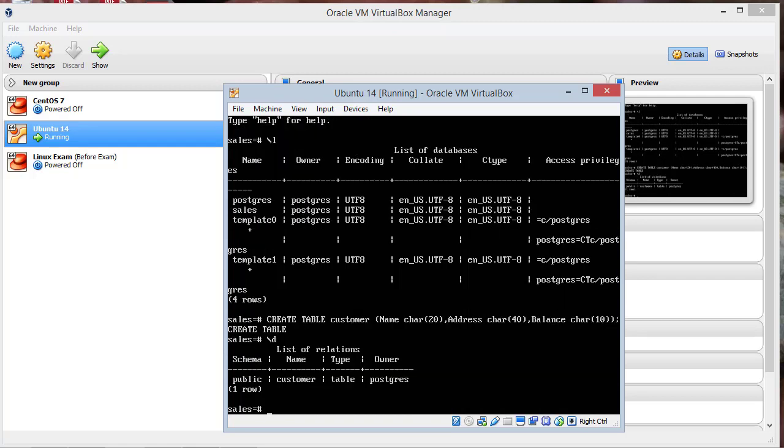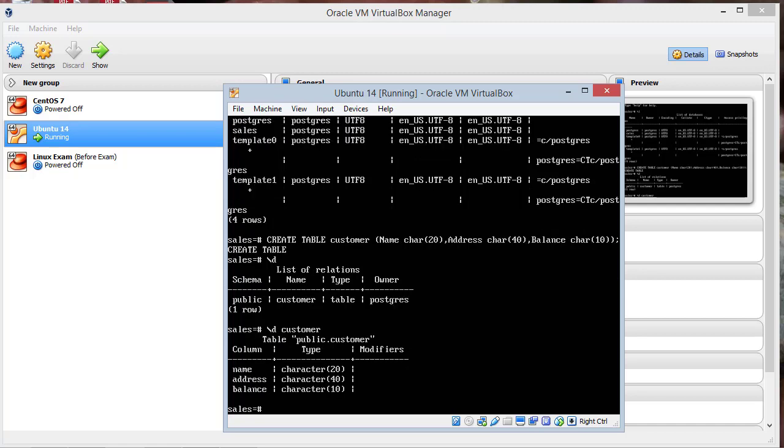\D is going to show us the customer table. \D customer will show us the columns that are in the customer table. So you have the name column, address column, and balance column, and it shows you how many characters each can be in those columns. Now you do the insert